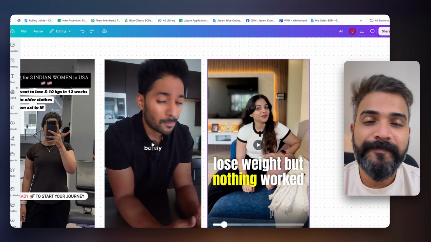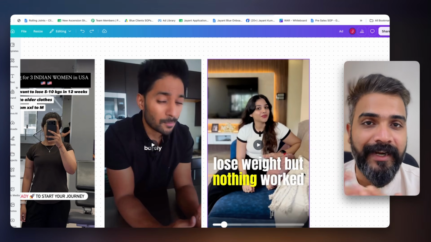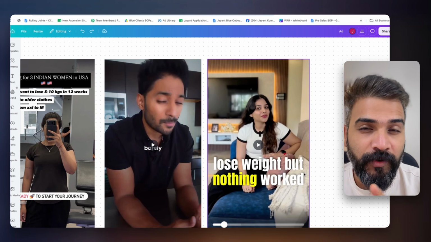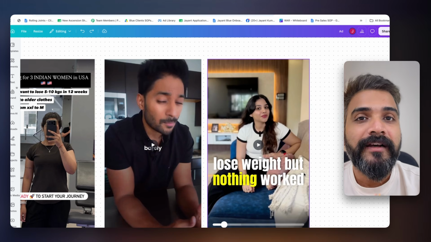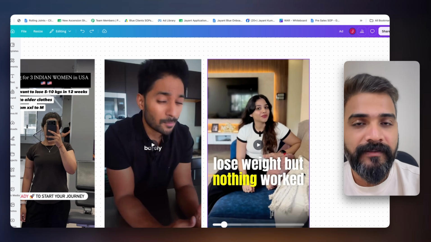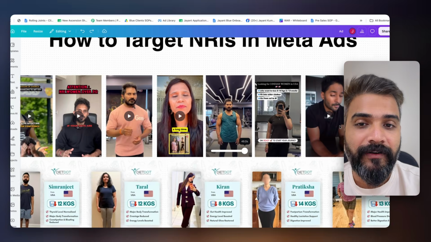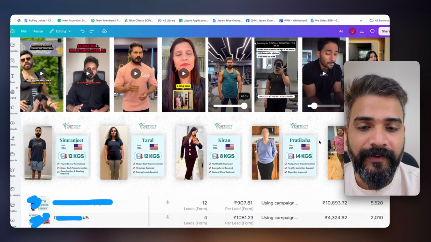There you go. In this particular ad, though, the only thing that I'll change is, are you an Indian woman living in Texas? Are you an Indian woman living in Florida? I'll do that and do more of geographic targeting. These ads do so much better as compared to Indian women in US, right? If you even go narrower and call out the cities, it works even better. States level, it works really well.